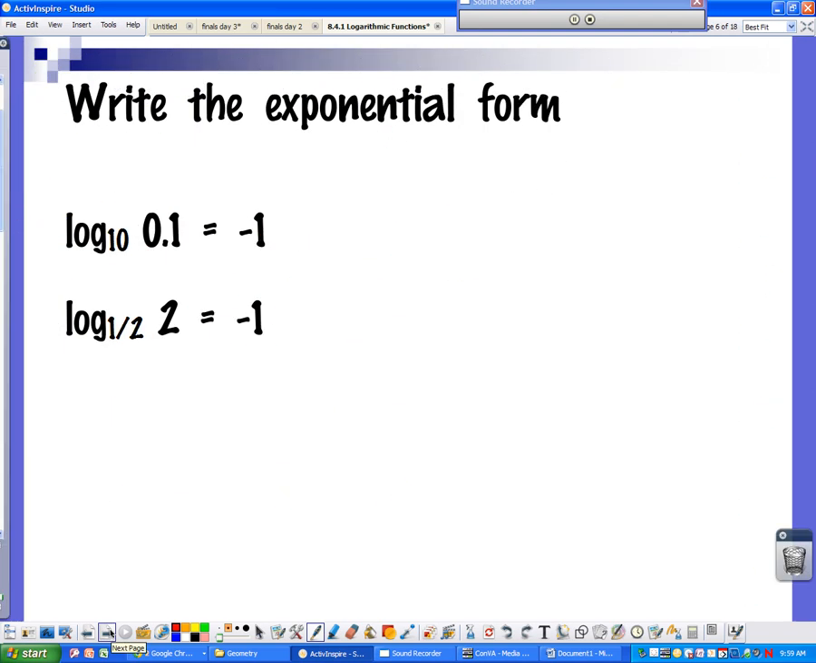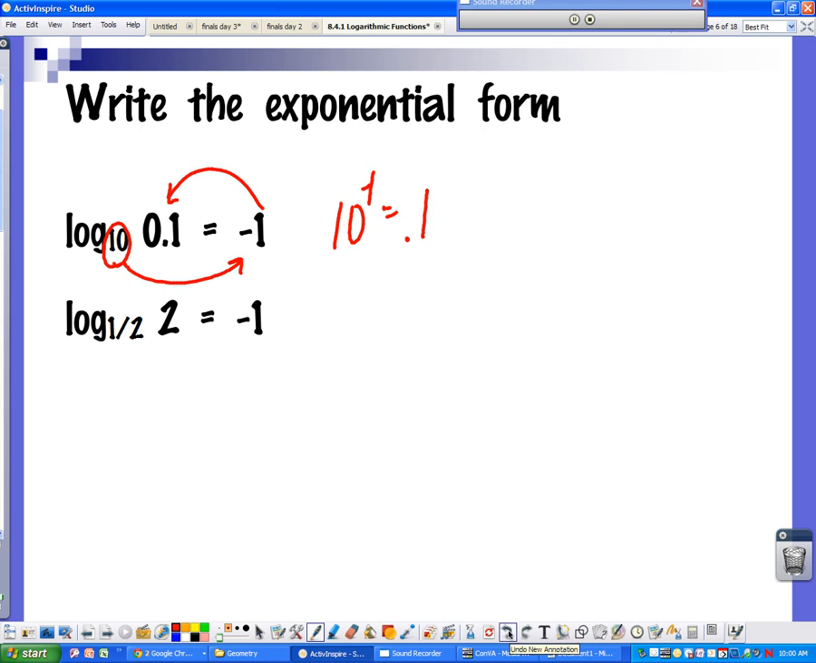So in other words, remember that if my base ends up larger than what this is, so 10 to the negative 1 equals 0.1. Okay? So remember